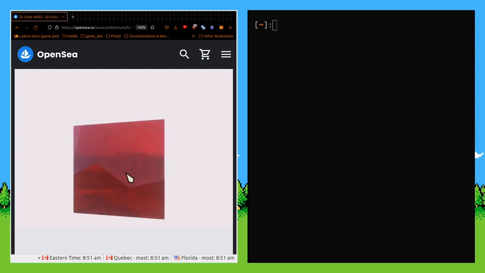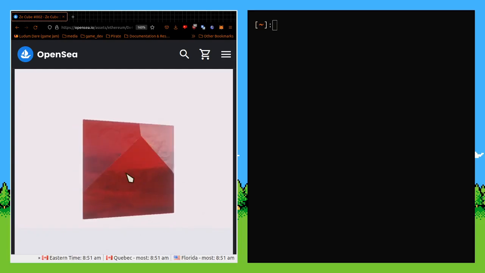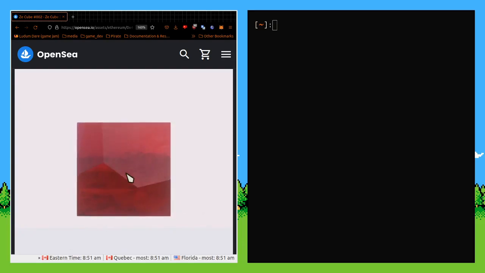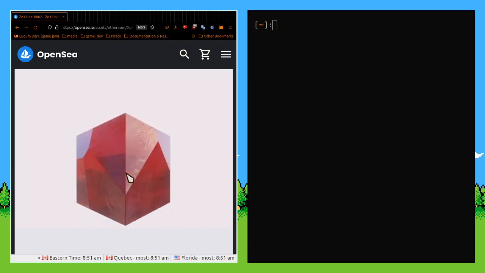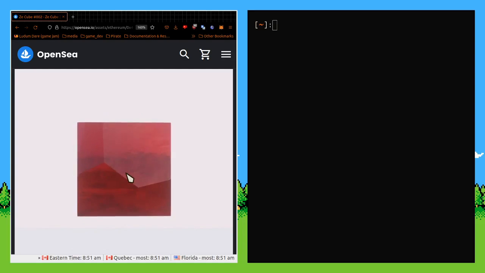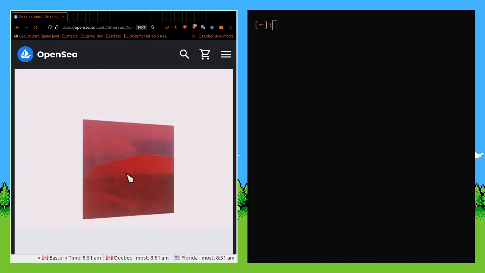But that's not all that the computer can do. You can use CLI applications and you can combine them together using scripting, which makes them more powerful and allows you to apply an action to multiple files. In this case, we want to apply an action to multiple image files.